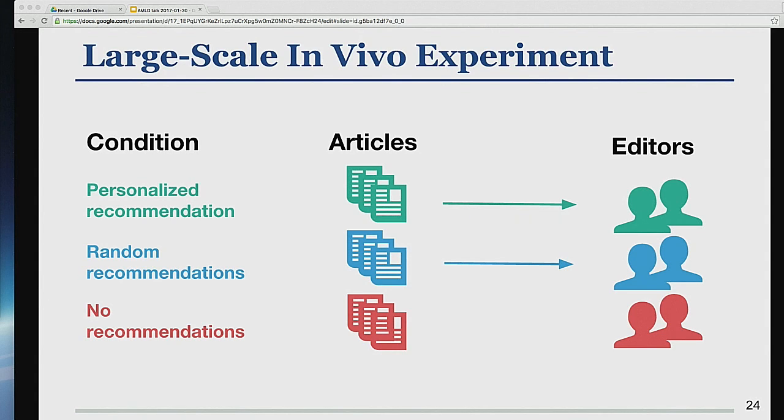The first one, in green at the top, is the personalized recommendations condition. That's basically deploying our system. So here, articles were recommended to editors using the affinity-based matching method that I just presented to you. In the second condition, called the randomized recommendations condition, articles were also recommended via the matching method, but not with personalized affinity scores, but with randomized affinity scores. And in the third condition, there are no recommendations at all. So we just let Wikipedia run organically, basically, in that third condition. So no articles were recommended, and no